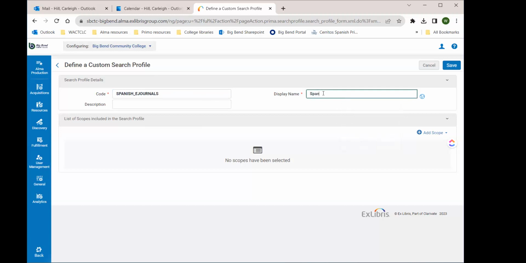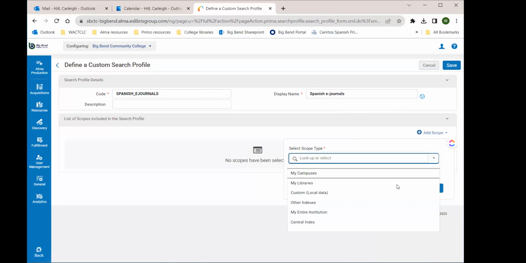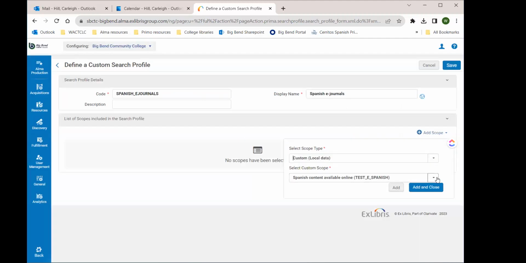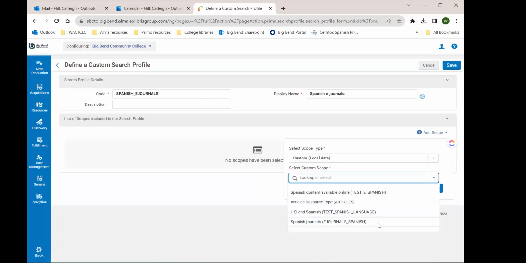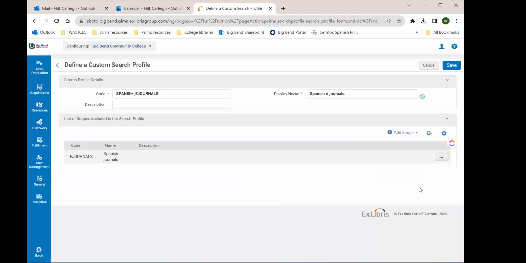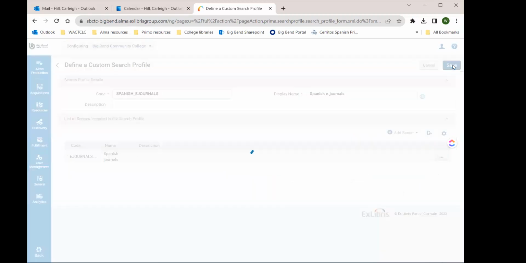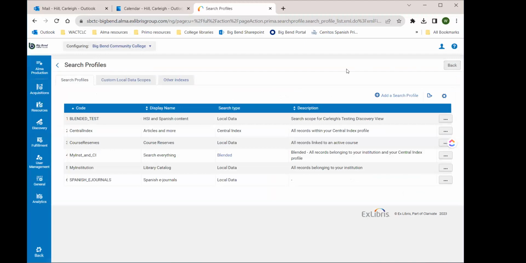So Spanish. Okay. So you can add other additional search profiles, but we've got two, so I can kind of demonstrate how